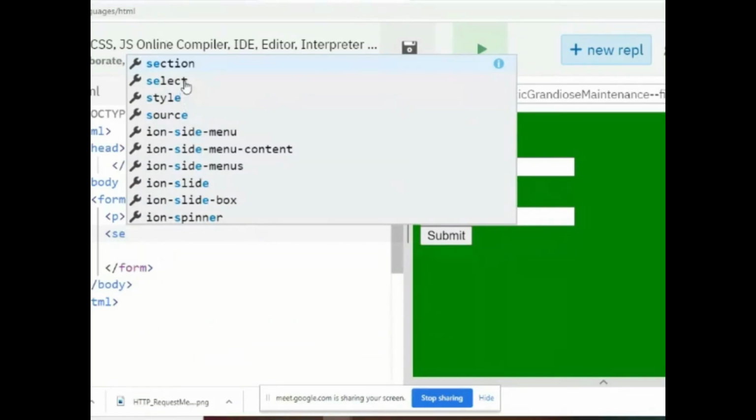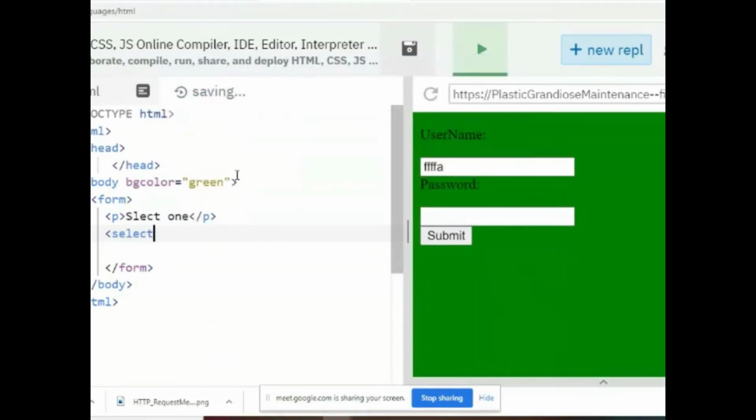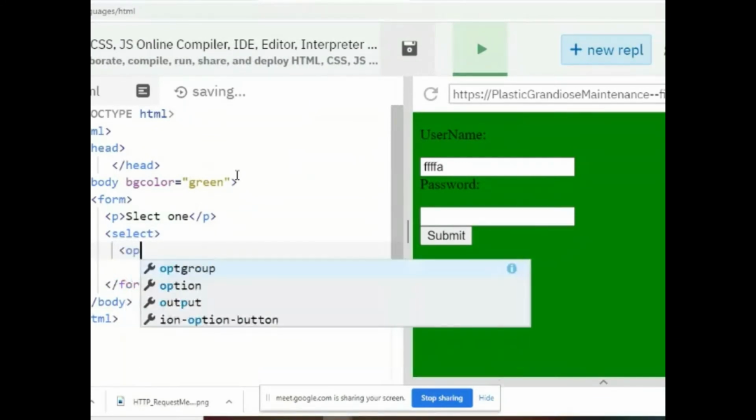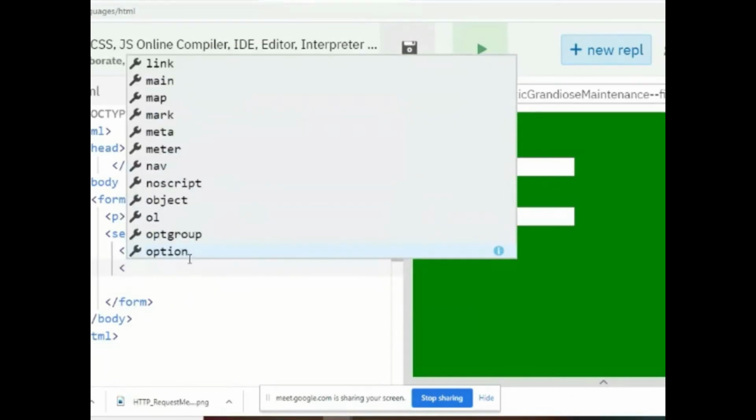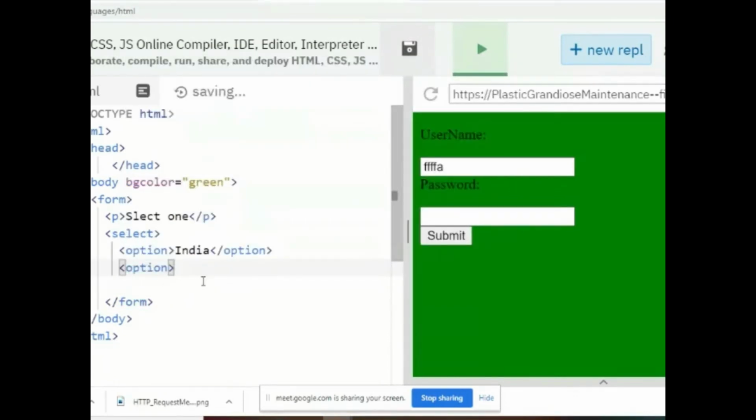For that we have a tag called select. For example, I'm asking you to select the country you belong to. The tag is select.